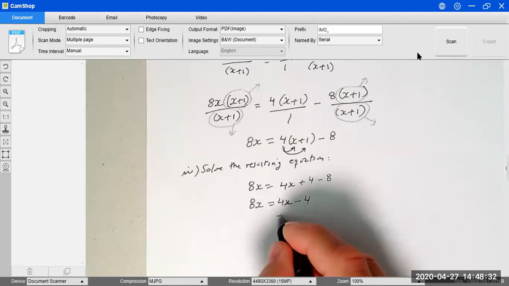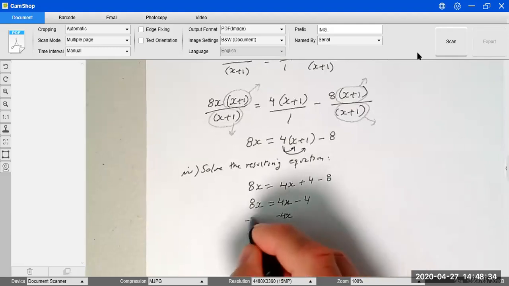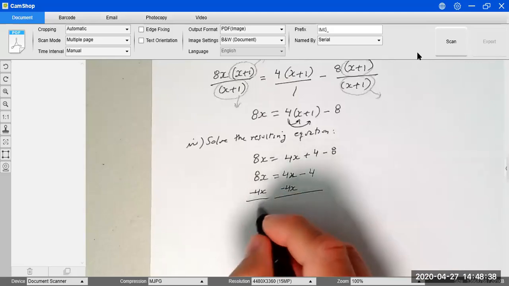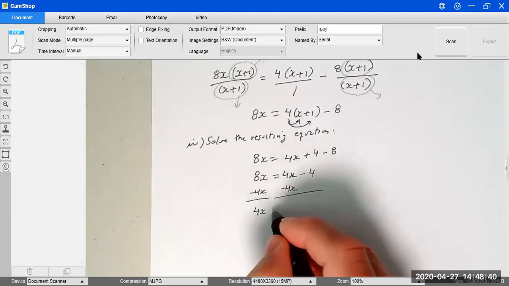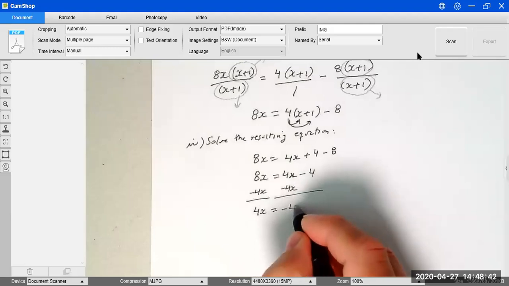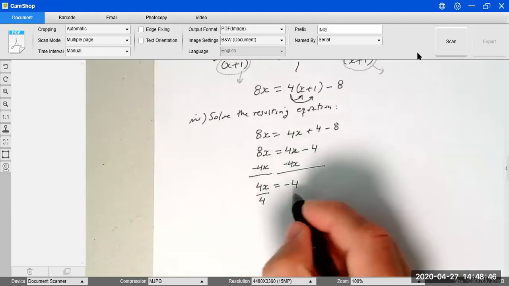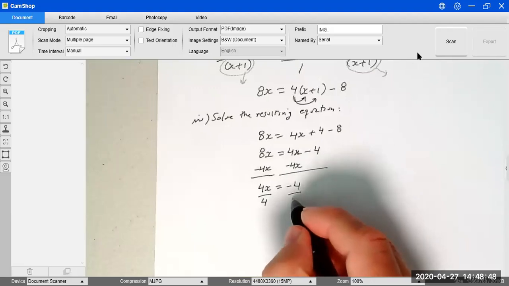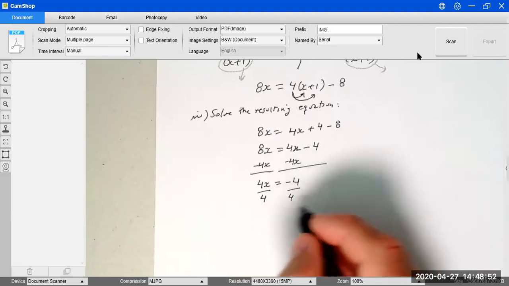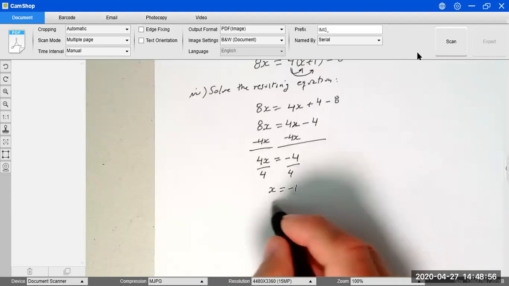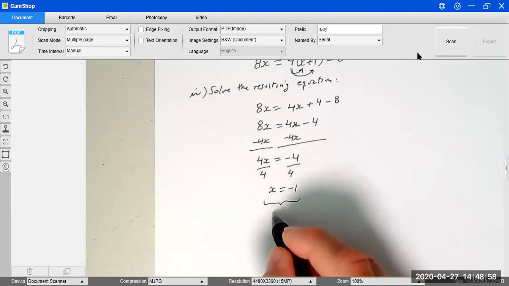Then we're going to subtract 4x from both sides of the equation, so we're going to get 4x equals negative 4. Finally, we're going to divide by the coefficient of the variable that we are solving for. So you're going to get just x equals negative 1. So this is the solution,